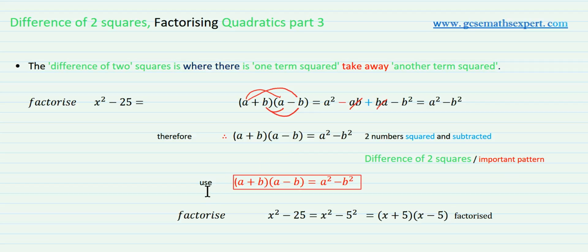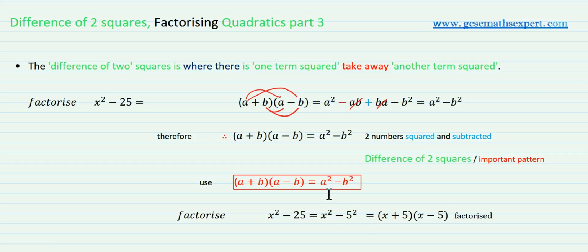So we're going to use this new law where a plus b times a minus b is equal to a squared minus b squared. So now this expression we can factorize. It's x squared minus 25. Now 25 is a square number, and its square root is 5. So you can write it as 5 squared, so it's x squared minus 5 squared is equal to